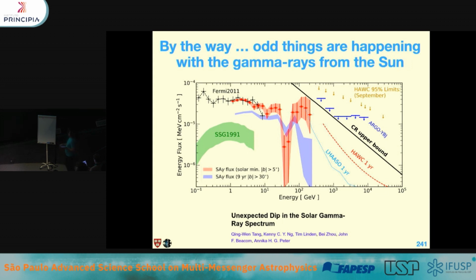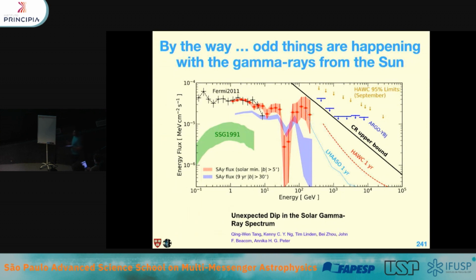There was a recent paper by these authors here, a handful of years ago, that actually measured the flux of gamma rays produced in the sun from pion decay. Well, we don't know if it's from pion decay, but we speculate it's from pion decay. And what they found is that somewhere around 40 GeV, there is this dip in the gamma ray spectrum in the sun. So far, this dip is still unexplained. We do not know why it's there.